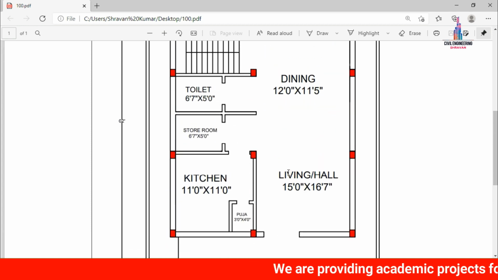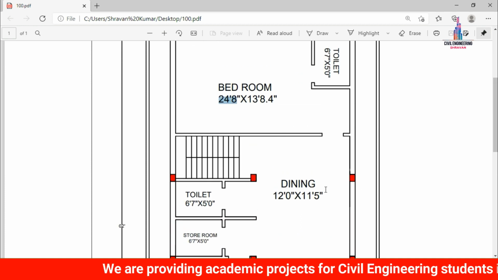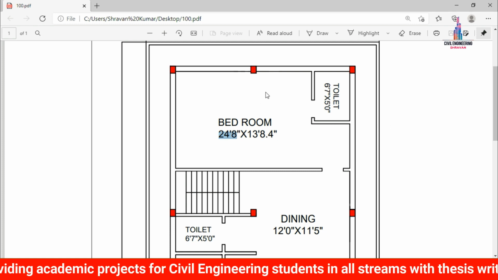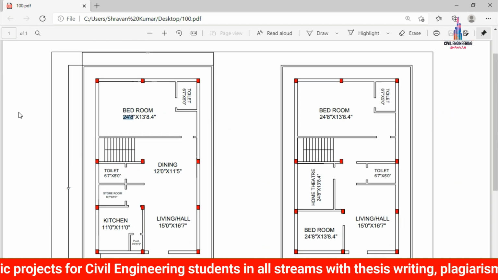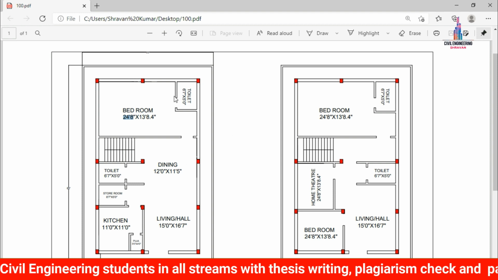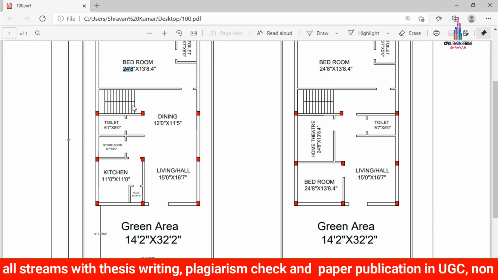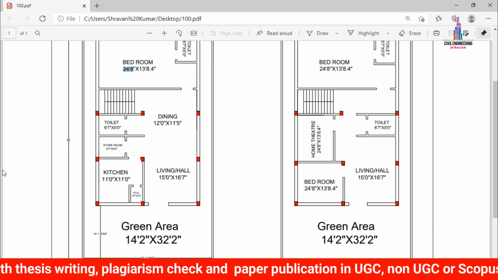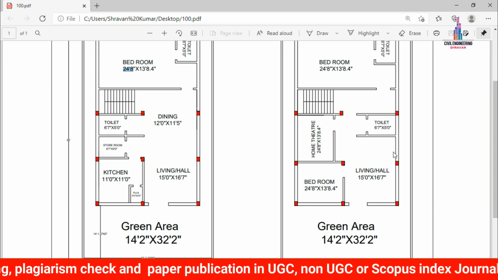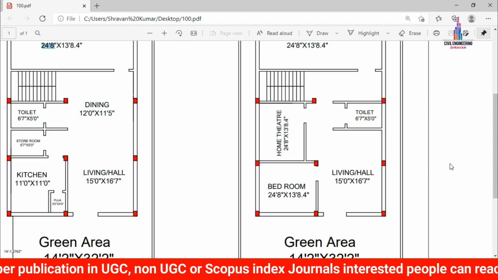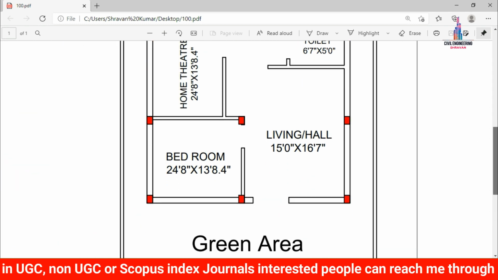So it will be consisting of living room here and kitchen, puja room, storeroom, toilet and dining hall, bedroom section as well as your attached bathroom here. Through this respected staircases we are entering into the first floor. Now I will explain you the complete details about the first floor. It will be consisting of double bedroom, home theater, living room for this respected house plan. So this is the details about this respected right hand side section of first floor.